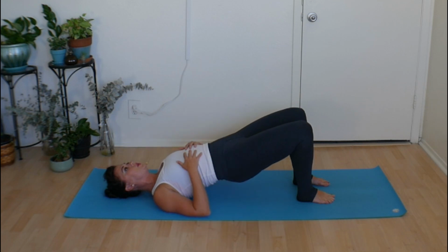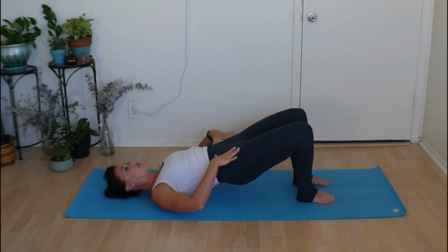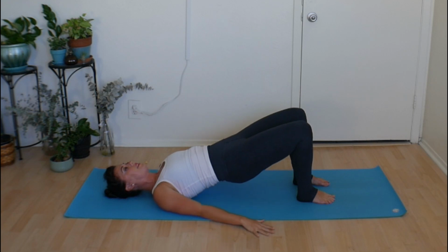Now, if you're more used to bridge pose in a yoga class, you might be used to the instructor telling you that you could even splay the ribs and puff the chest up a little bit. In our Pilates class, instead, we want to focus on having a long line from our knees to our hips down to our shoulders. So find that nice long diagonal line, press evenly into the whole of both feet, and